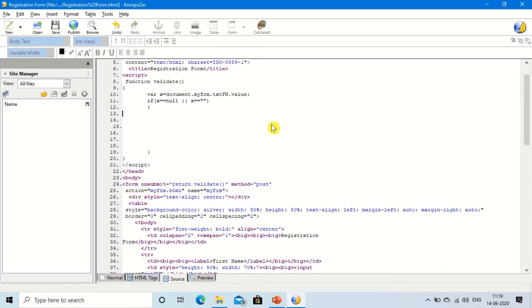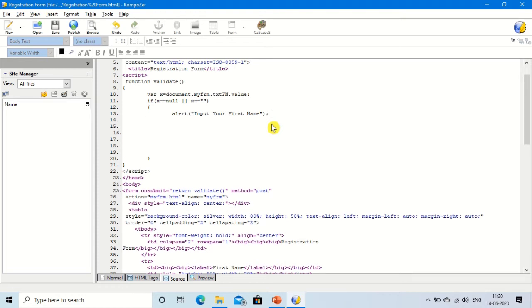If the user has not inserted anything, then show the message. So use alert here. The message is input your first name, that is the message when the user is not inserting anything and pressing the submit button. Then we need to pass the control to this text box.